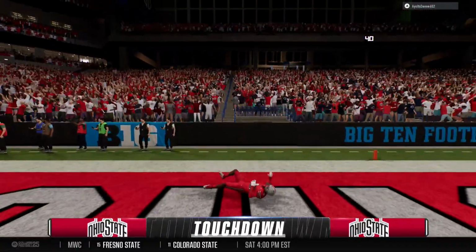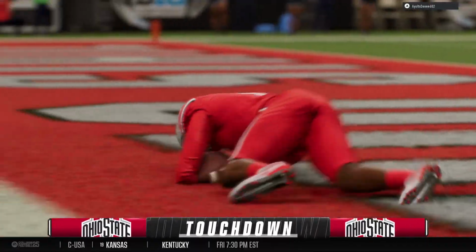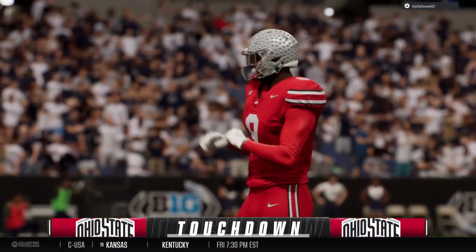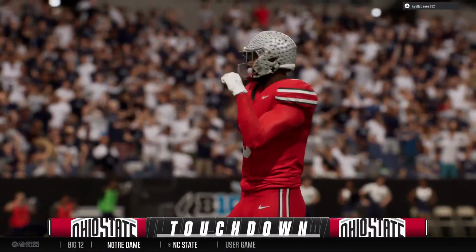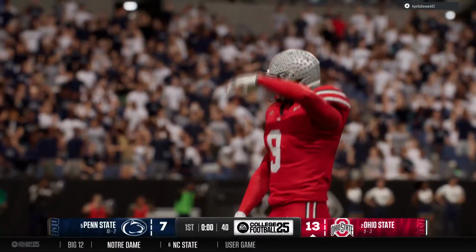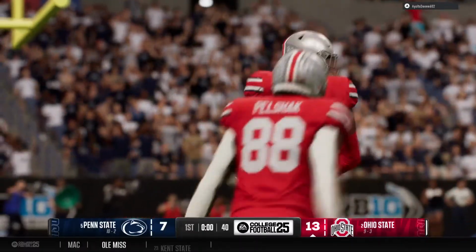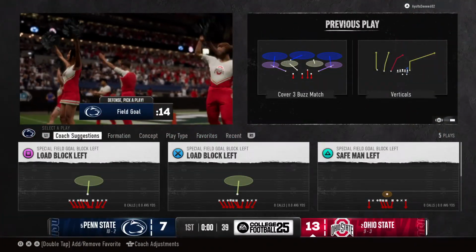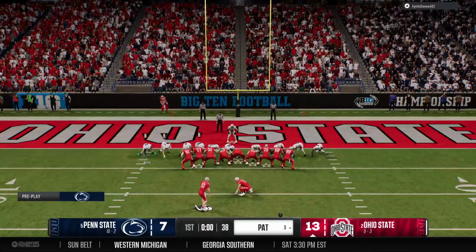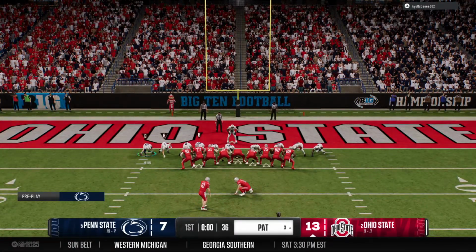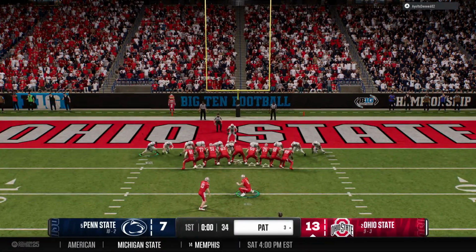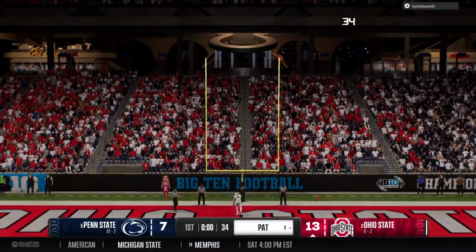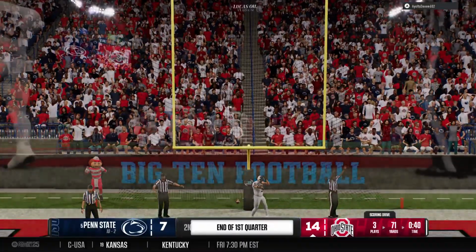Touchdown, Buckeyes. No chance to catch it. Well, a touchdown to a wide open man. What in the world was going on on the defensive side of that? What was the defense thinking here? You can't let a player roam free like that. They just completely forgot about him and gifted him a touchdown. PAT makes it a 7-point lead.